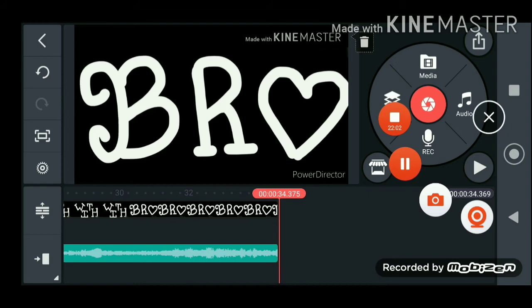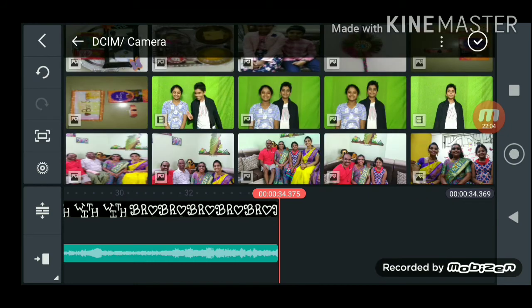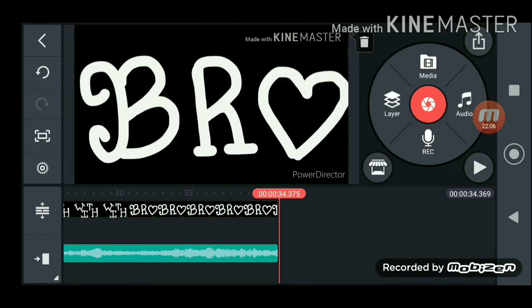Okay guys, I found a green screen one. So I tick mark it. To add the green screen, you need to choose a photo which should come behind. If you edit it with the chroma key, the green screen will go and you can choose different locations where you want to be.